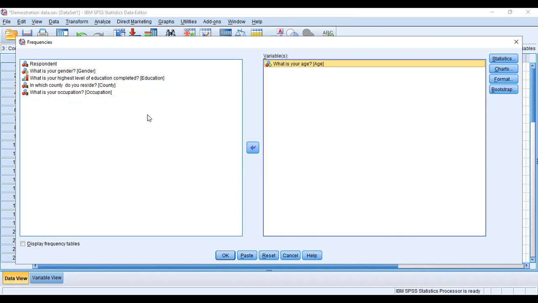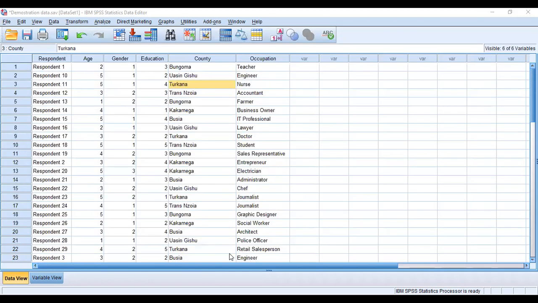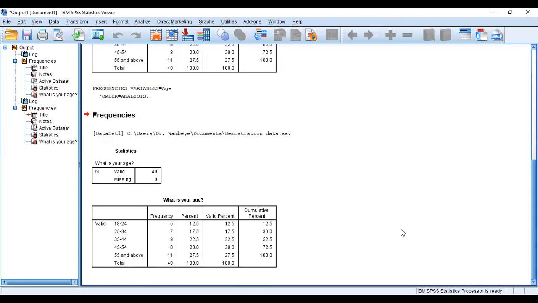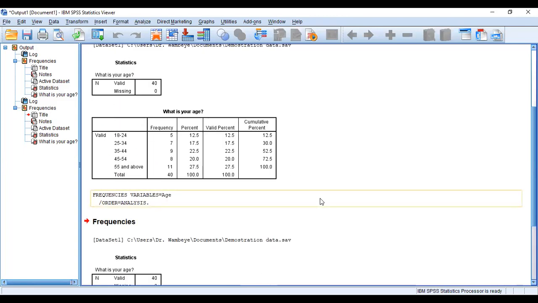At the bottom left corner, there is a box asking whether we want to display the frequency tables. We have to check this box. When we check that box, we are allowing the program to draw those frequencies for us. Then we say okay. When we say okay, another dialog box is going to come, as I showed earlier. I've put it on our screen. It has now drawn for us